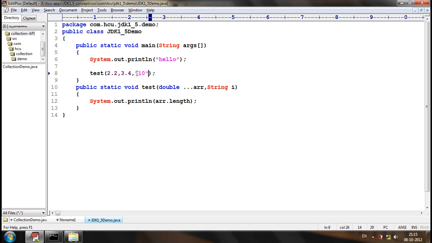The varargs should be only one for a method or a constructor, and it should be the last argument of a method or a constructor. So this will give a compile time error.